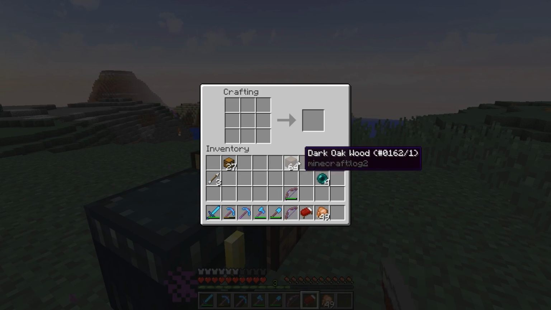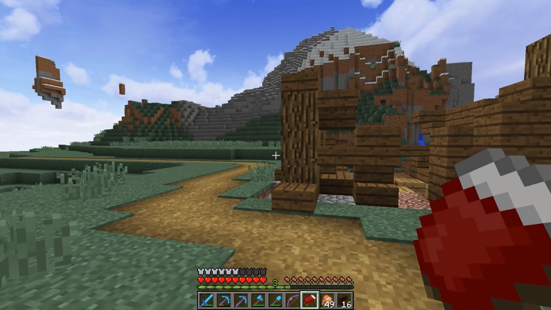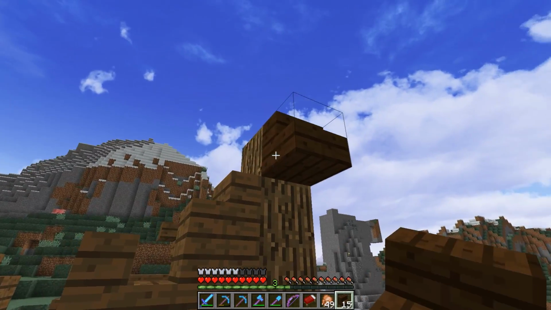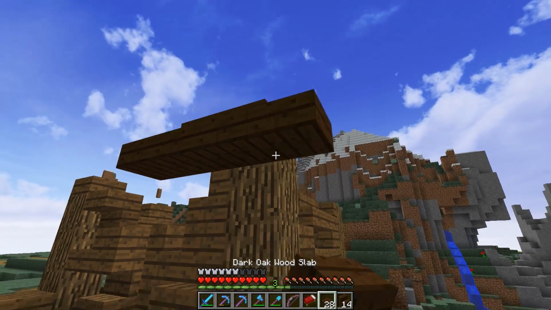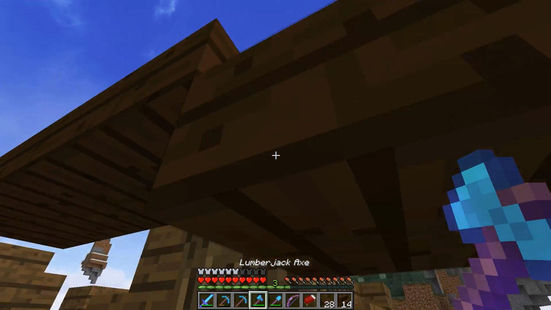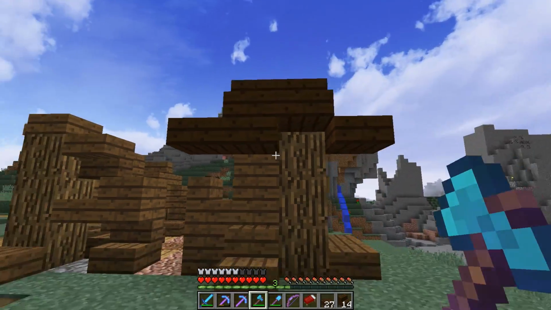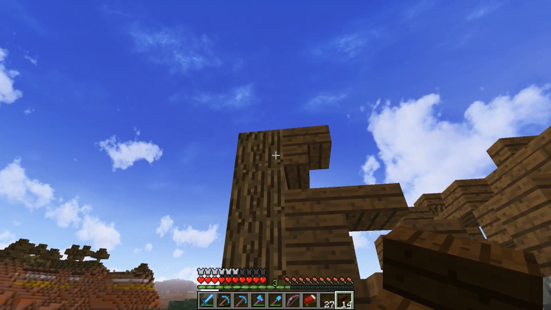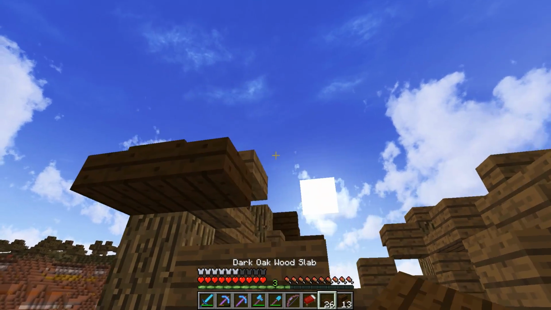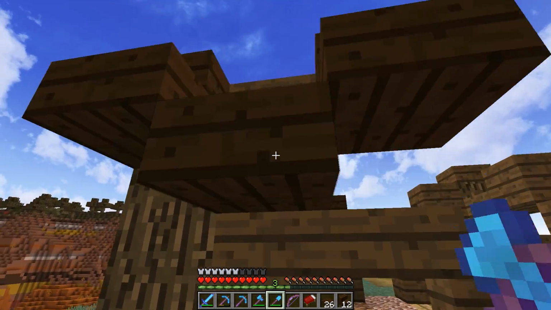So let's take a little bit of dark oak. And let's make some dark oak stairs and some dark oak slabs. And I think maybe up here we'll do something like this, where you can see there was a roof here at one point, and now it's pretty much gone with the rest of the house. I think that's probably going to be our best bet. So like here, for example, we might do something like this. Maybe we bring that down just to...